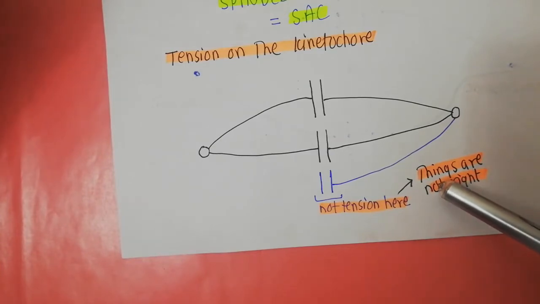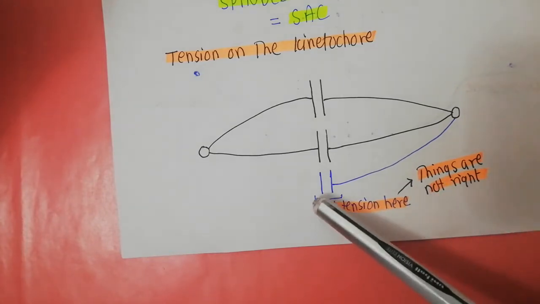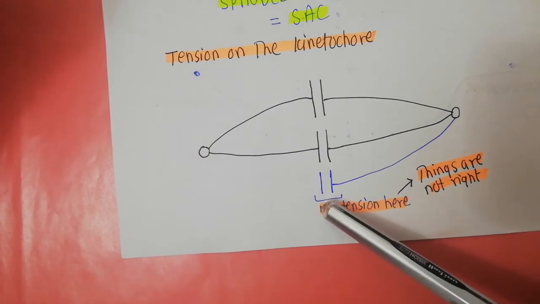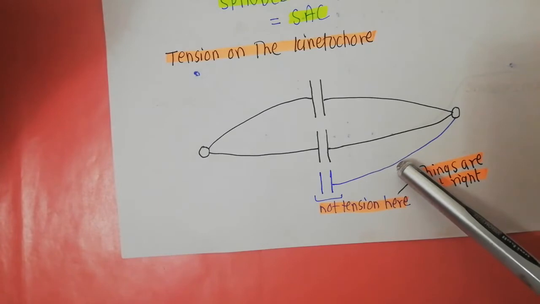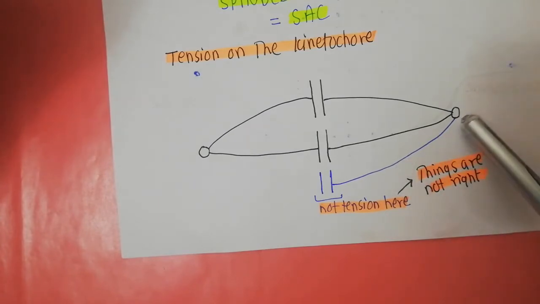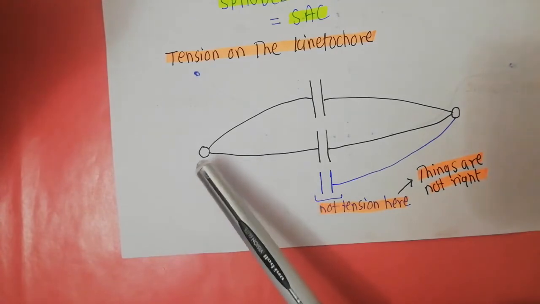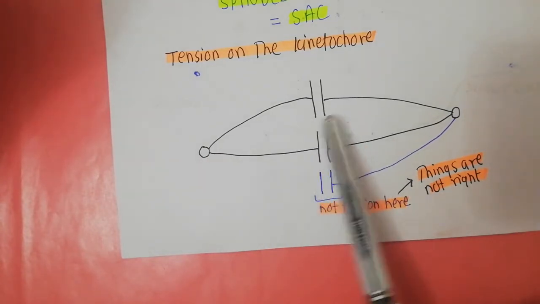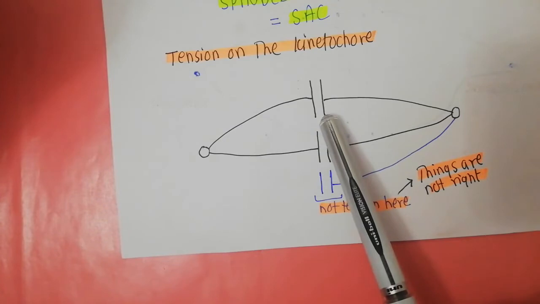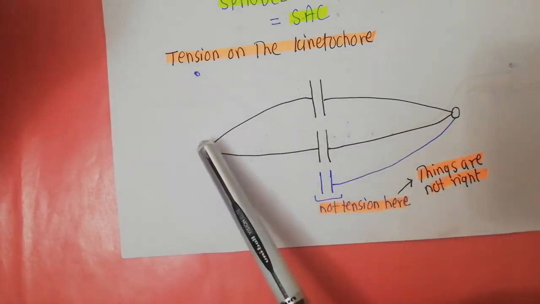If you allow the cell to move from the metaphase to the anaphase when there is no tension, say for example on this pair of the sister chromatids, that is going to create a problem. For example, if you talk about this particular pair of the sister chromatids that is attached to the kinetochore microtubule from only this particular pole, the other member of this pair is not attached to the kinetochore microtubule from the other centrosome. So when the cell divides, if these two sister chromatids are separated from each other, one sister chromatid is going to this pole, the other one is going to this pole.